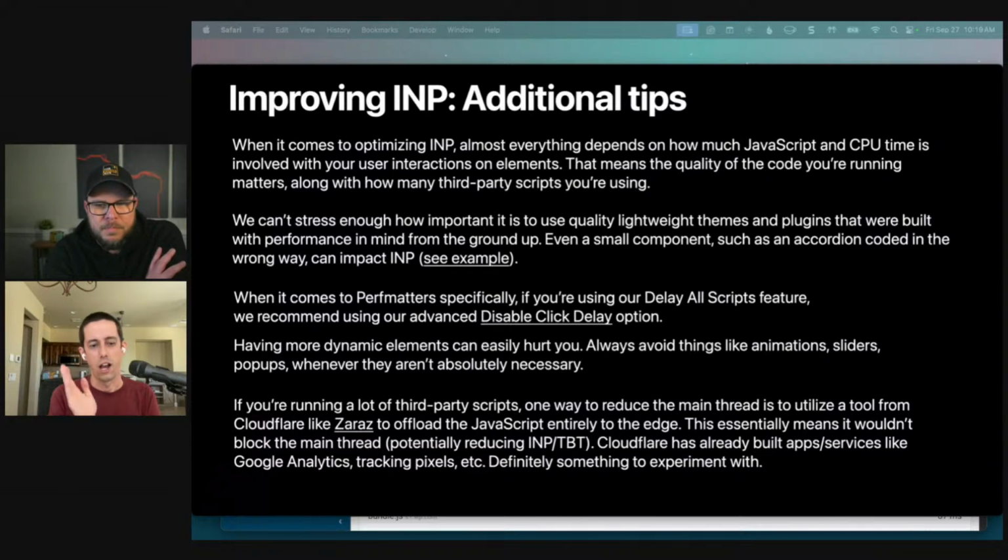Next thing, having more dynamic elements can hurt you. This is a given, but try to reduce animations, sliders, pop-ups when you can get rid of them. Always the best thing to do. And now here's another trick. I've tested this a few times myself and seen it work, but you might want to play around with this. If you're running a lot of third-party scripts, like Facebook Pixel, Google Tag Manager, Analytics, I think,